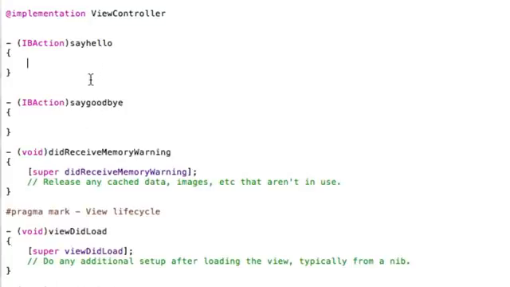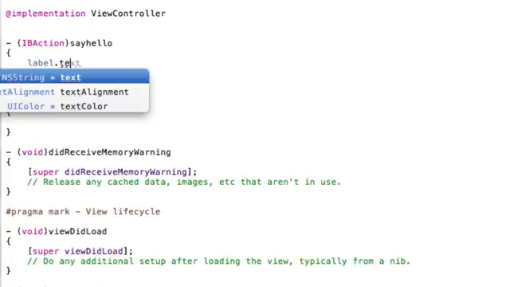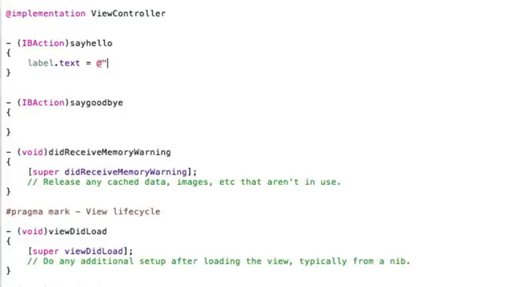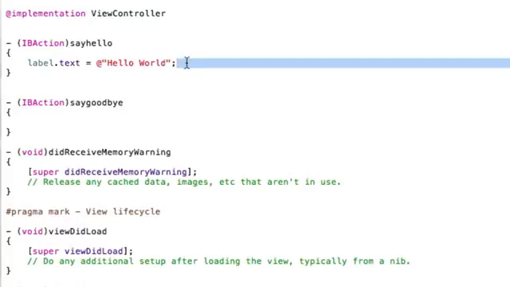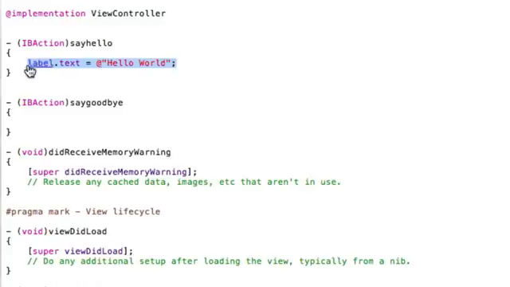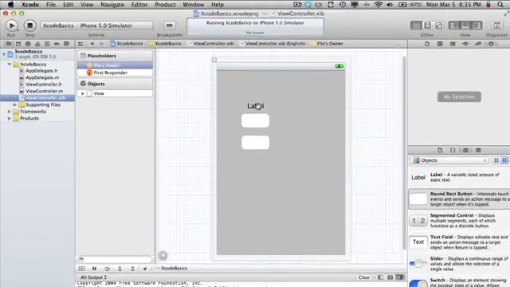So here we're going to say label.text is equal to, at quotes, hello world, and then we're going to add a semicolon at the end, and then you can just copy this line down here, and you can say goodbye world. And so that's what we're going to change the text to on our XIB file, or on the actual app